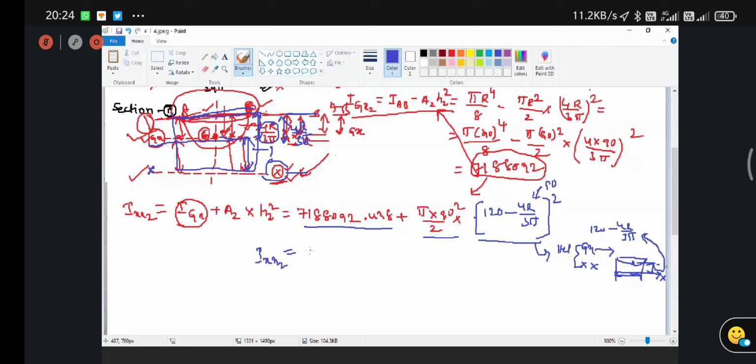The only thing is, if you make calculation mistakes, sometimes no problem, but the concept should be very clear. So this value is 90, 92 crores 32 lakhs 9,608 power 4. But see here, this is not our ultimate aim. Our ultimate aim is to find out